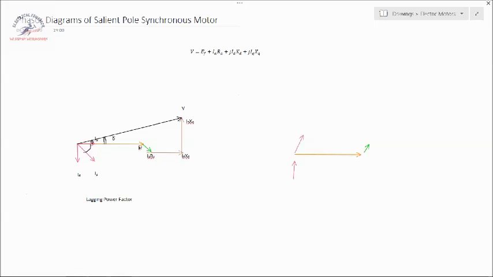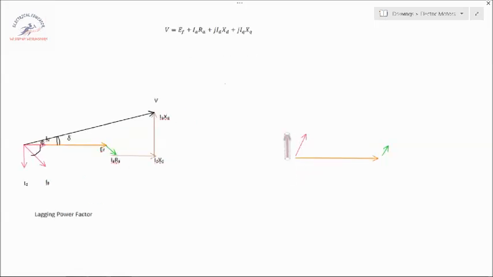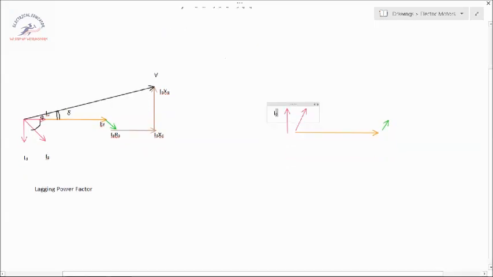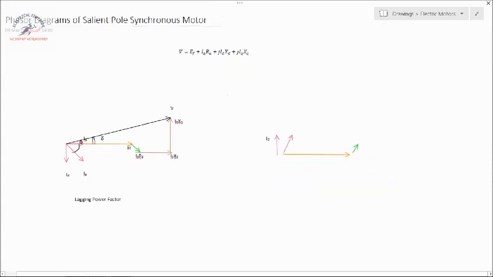So I will complete the phasor diagram. So I have to add ID XD, then IQ XQ. So ID XD should be leading ID by 90 degrees. So ID is here. Leading means I have to go anti-clockwise. So ID XD will be in this particular direction. So direction will be reversed now for ID XD. It will be almost parallel to the vector E, but it will be in a different direction. So ID XD will be here.